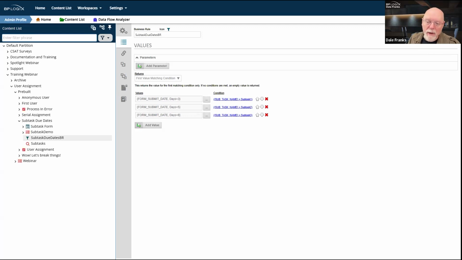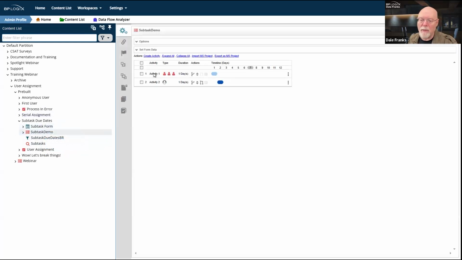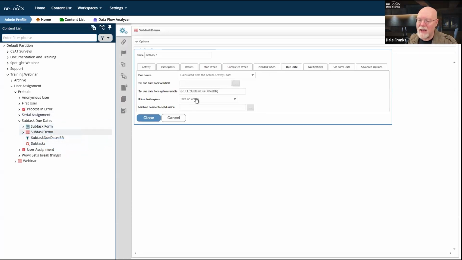And so with this business rule, and basically querying that business rule from the due date tab of this activity, as I've done right there, the due date is going to be different depending on what subtask is running.